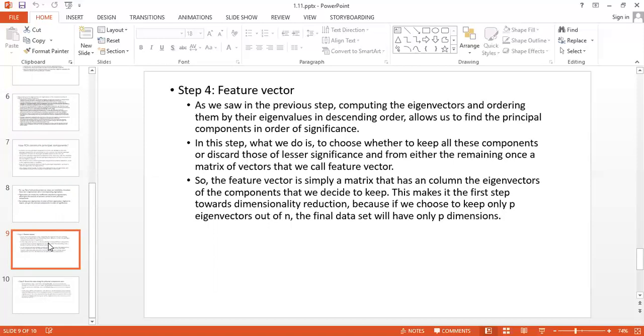So the feature vector is simply the matrix that has as columns the eigenvectors of the components that we decide to keep.